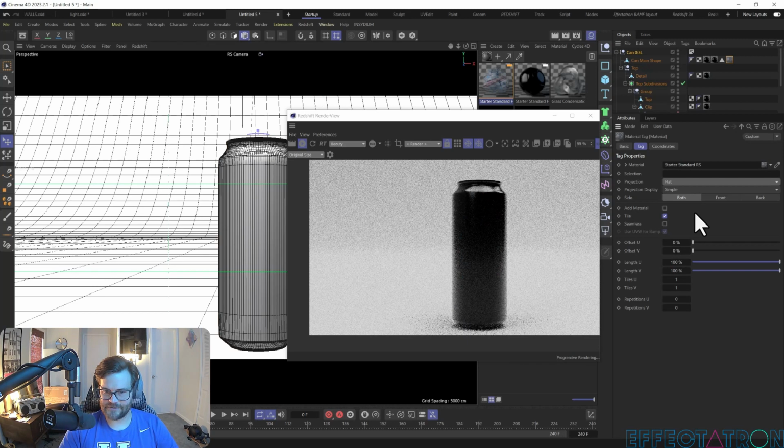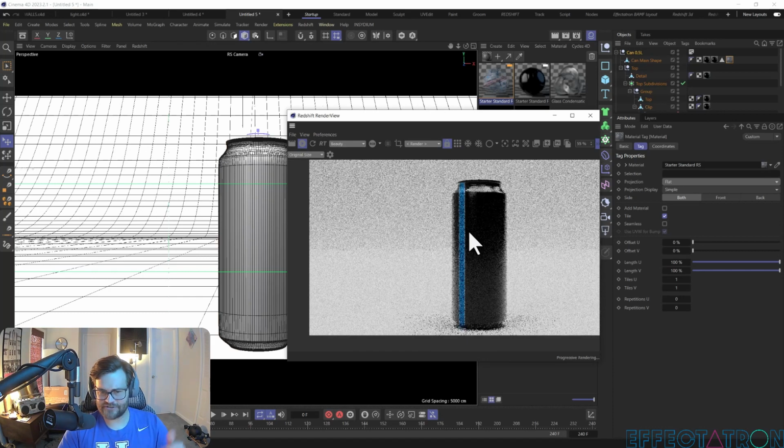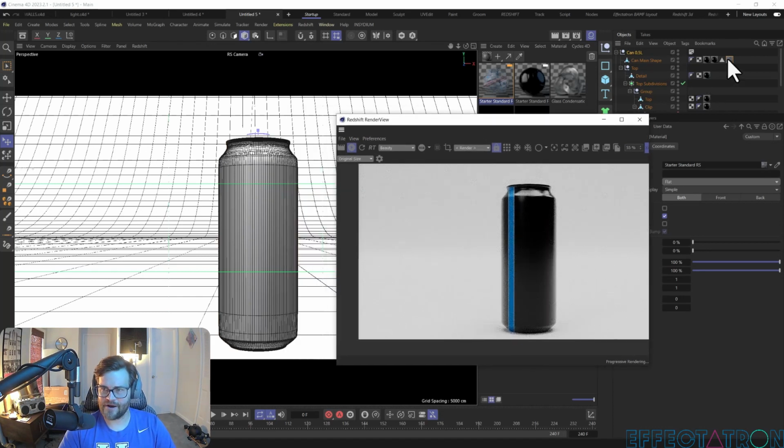And the first thing that's going to do is just make it disappear. Gone. Let me turn these snowflakes off. And you might have to refresh a few times in this. So what's happening right now is this is being applied as a flat shape, just going straight onto our can. Now we can't see where it is because we actually need to go in here with this tag selected